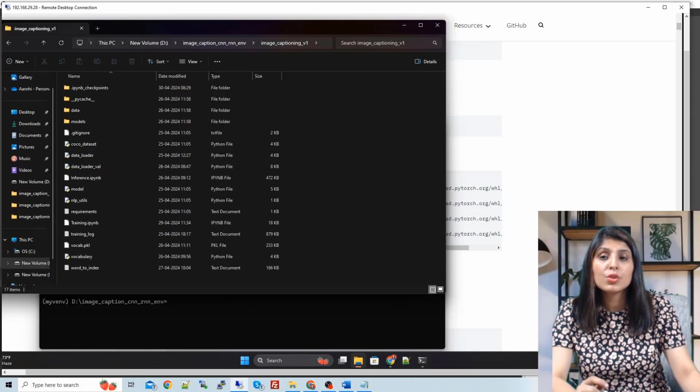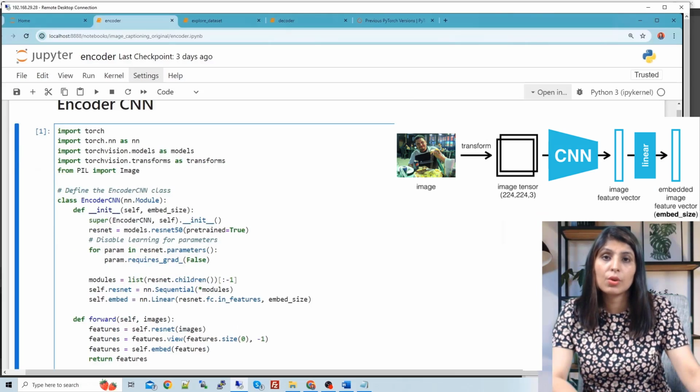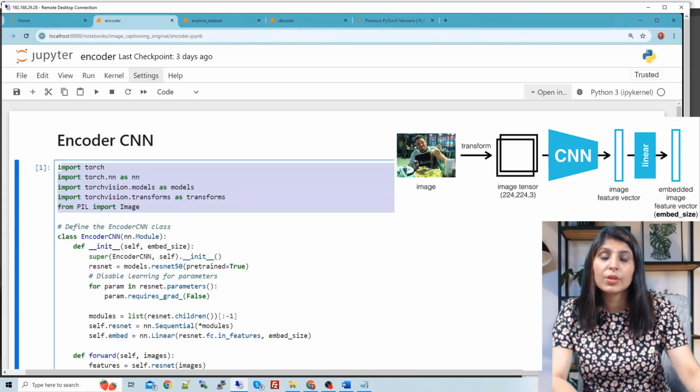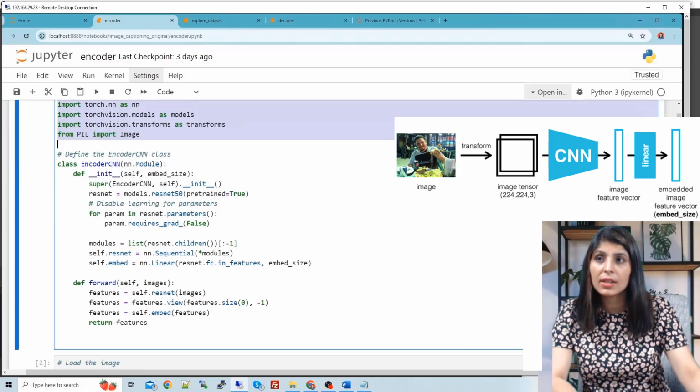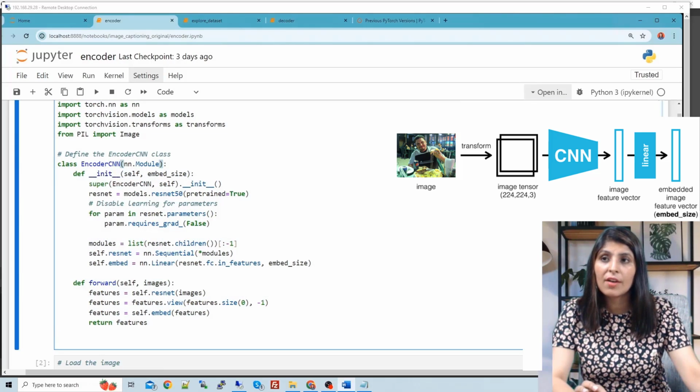Now let me show you the code of the encoder. This is the code of the encoder. First I have imported all the required modules and then I have created this class. In this we have the init constructor, which takes the embed size parameter. What is this embed size parameter?